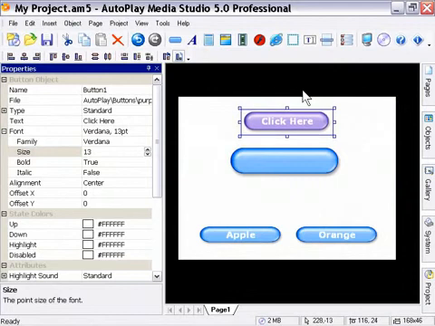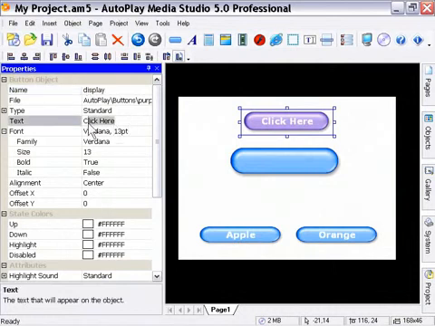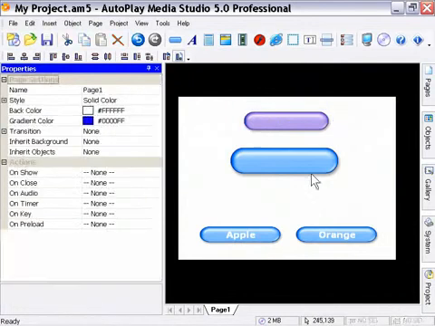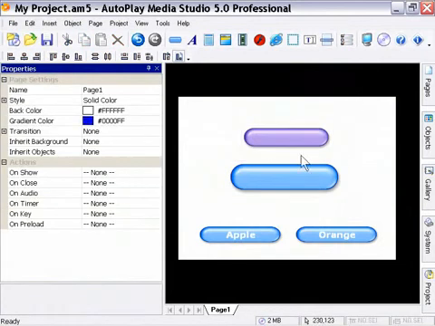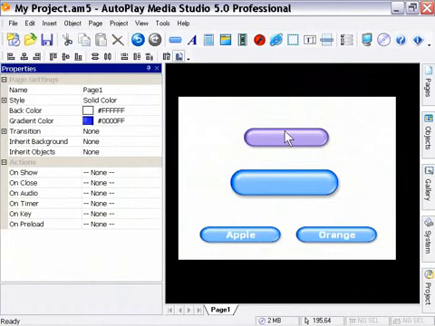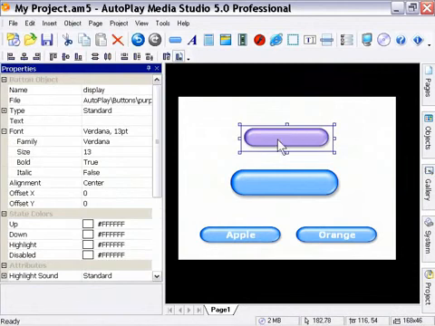So let's call this one Display. So I'm going to rename it, and I'm going to take the text right off it. You don't have to do that strictly speaking, but I'm going to do it for the purposes of this demo. I'm going to move my two buttons here just for visual reference down a little bit. Now my display button, I'm going to double click on it, and we're going to add a couple actions